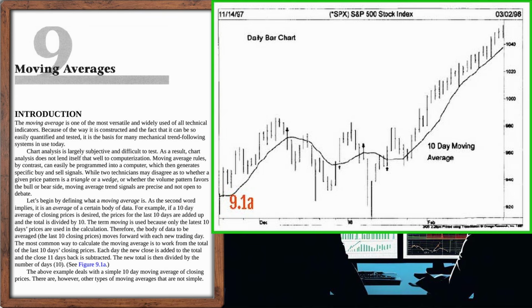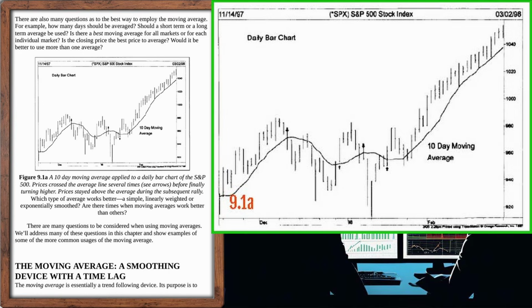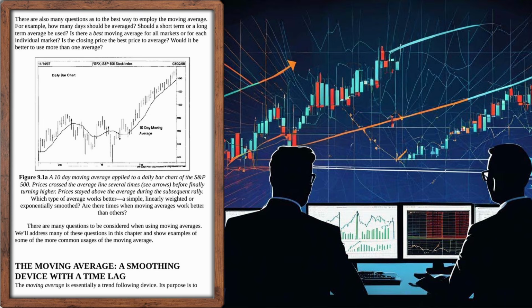There are, however, other types of moving averages that are not simple. There are also many questions as to the best way to employ the moving average. For example, how many days should be averaged? Should a short-term or a long-term average be used? Is there a best moving average for all markets or for each individual market? Is the closing price the best price to average? Would it be better to use more than one average? There are many questions to be considered when using moving averages. We'll address many of these questions in this chapter and show examples of some of the more common usages of